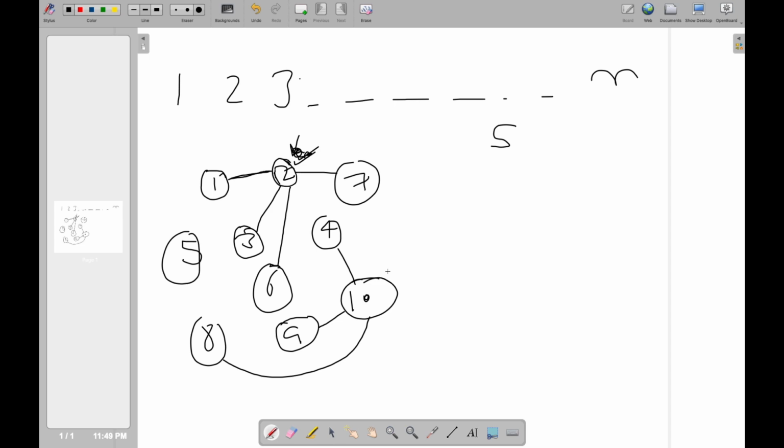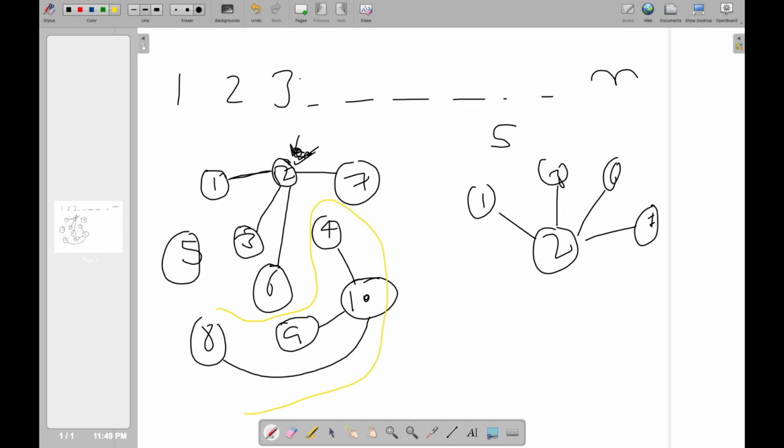However, we can do a little bit of rearrangement. So initially it was like this, right? 2, 1, 3, 6 and 7. And I had this thing. I'm not going to redraw this one. So I had this. Now what I can do is first of all connect this 10 to 2. Okay, connected. And now remove this edge.